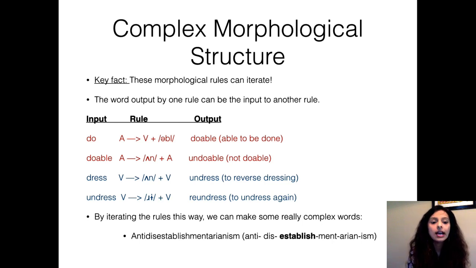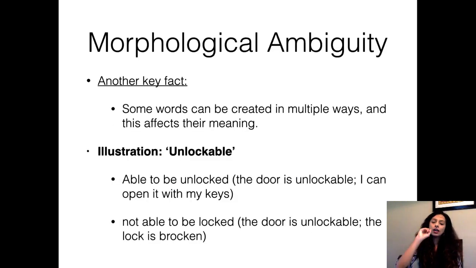Here's another one for dress. You can take undress, which is a prefix, and then you can put another prefix in front of it to get re-undress. And obviously you can create more complicated words like anti-disestablishmentarianism. Now, a fact